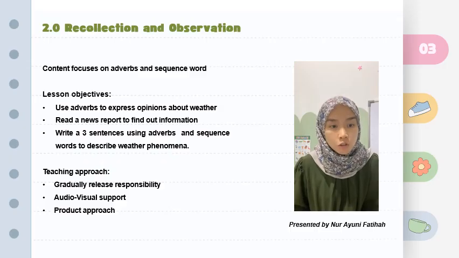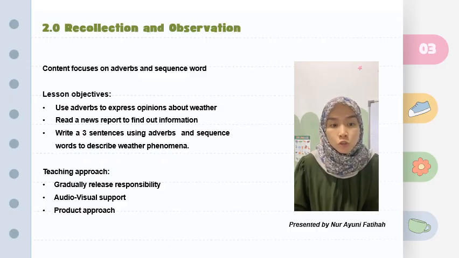We use a gradual release of responsibility approach, starting by modeling the concept with news articles and videos related to types of rain, by applying adverbs such as heavily, lightly, and drizzly. Then guiding students through examples to use adverbs in sentences, and finally letting them practice independently in quiz time at